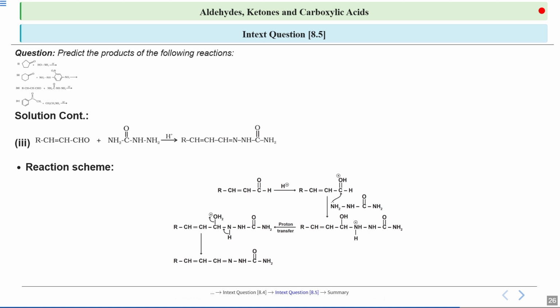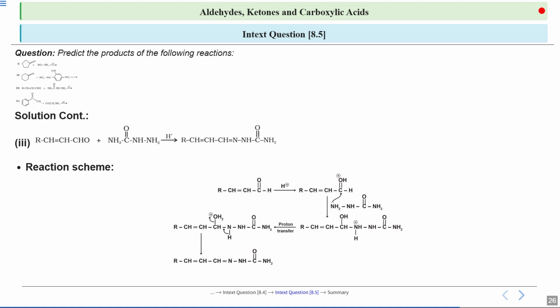First you will see that this carbonyl carbon is getting protonated. And then the terminal amino group attacks the carbonyl carbon of the aldehyde and forms a tetrahedral intermediate. After that there will be a proton transfer, which stabilizes the molecule and makes it easier to lose the water, because OH is a bad leaving group, but OH2 plus is a good leaving group. Then there will be loss of a water molecule, leading to the formation of